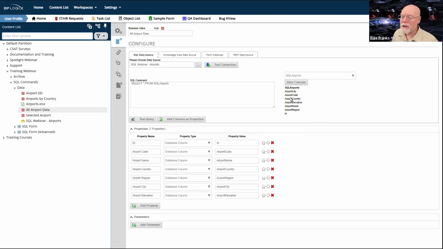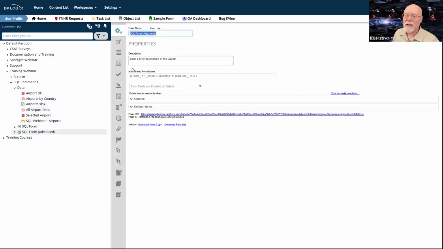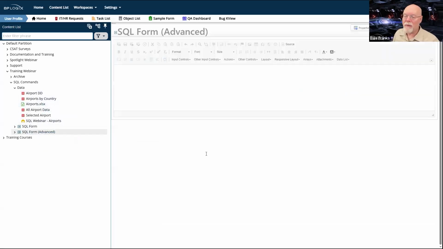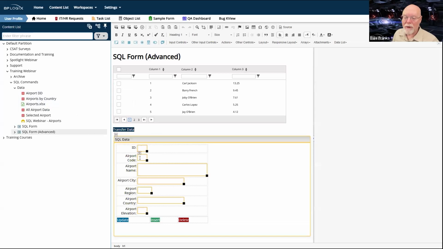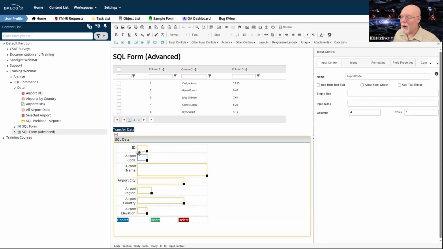So airport city, airport code, airport country, and so forth, those are the same names that I used in my form whenever I named my fields. So airport code, airport name, et cetera, that's fine. But the ID field is going to be different because in the database, I called it ID, which I shouldn't have done, but that's fine.